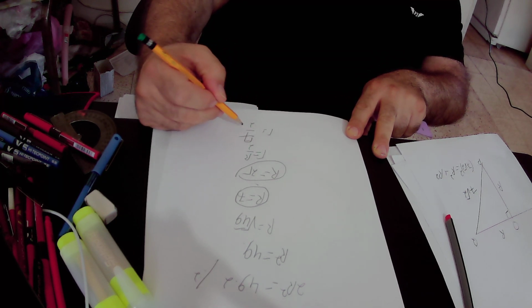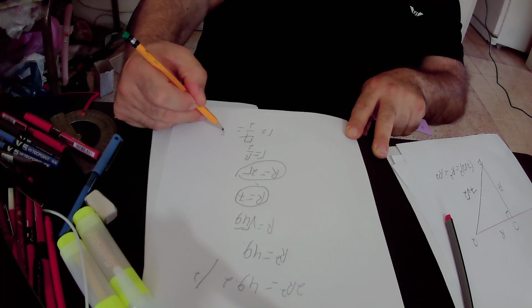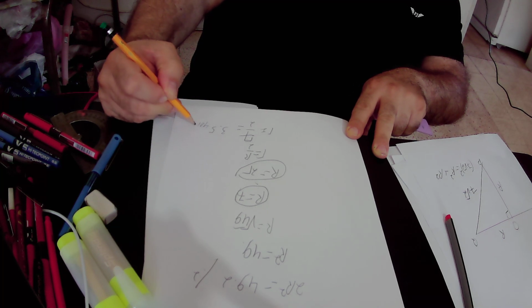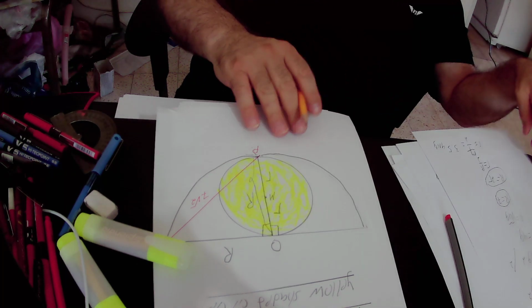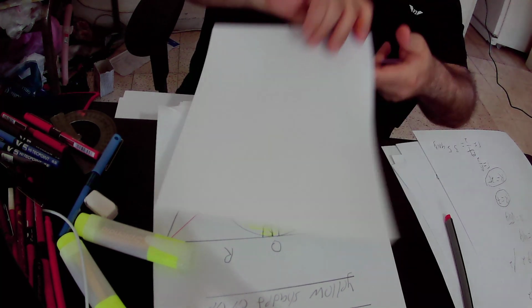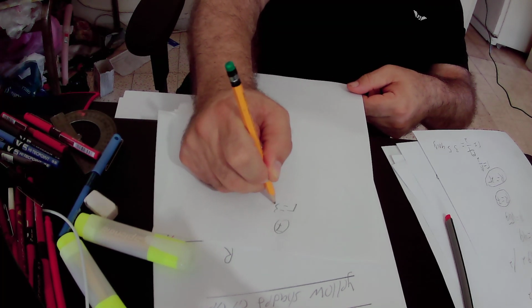R equals 7 over 2, and 7 over 2 equals 3.5 units. So the radius of the yellow circle is equal to 3.5 units,